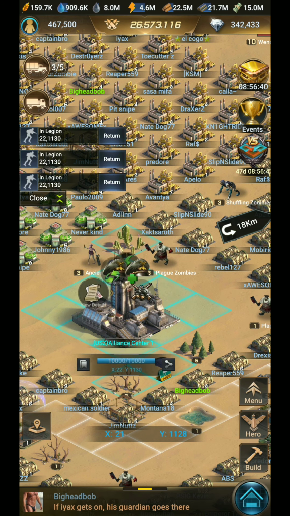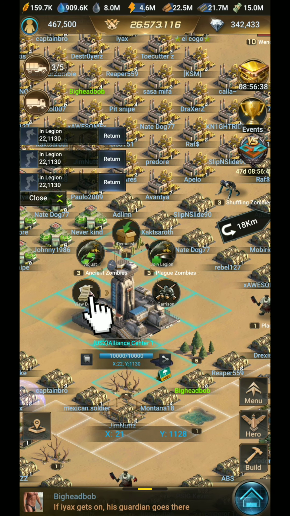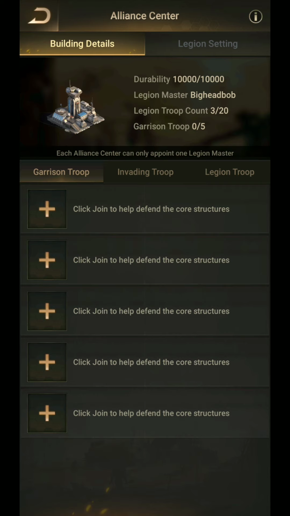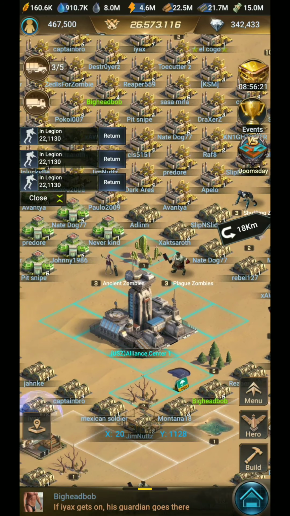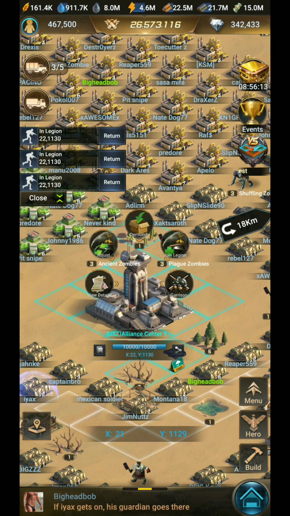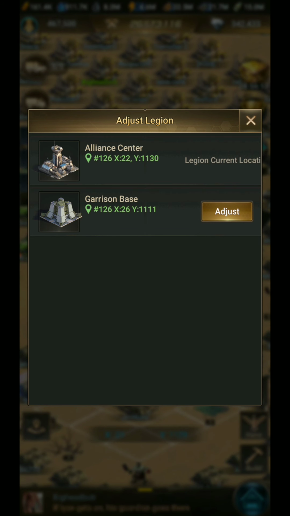And the way you assign them is by clicking View Details, and there will be a little symbol right here next to where it says Big Head Bob, which is me, of course, but there's a little symbol there instead of the name, which is how you assign it. So now that we've got troops in there and they are assigned as Legion, you can hit the Alliance Center and hit Adjust, and you can decide to send some of your troops,